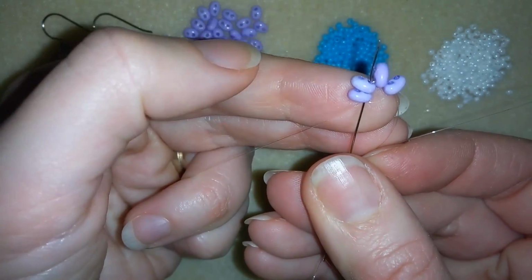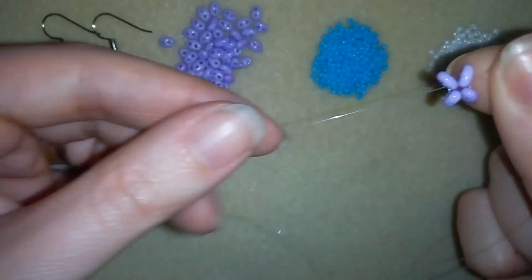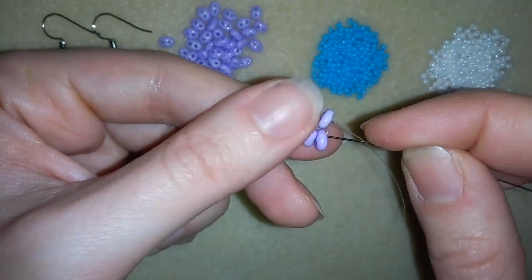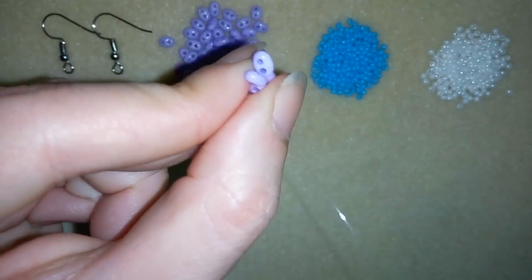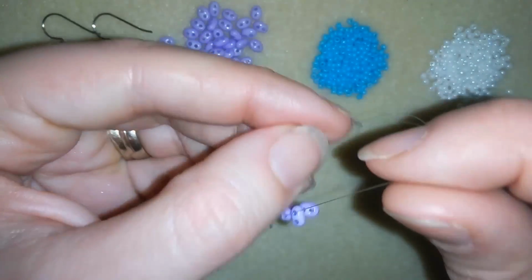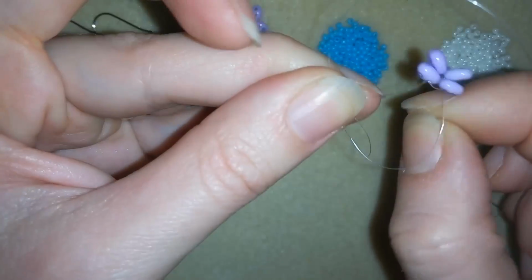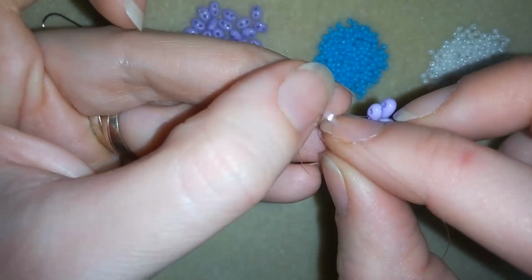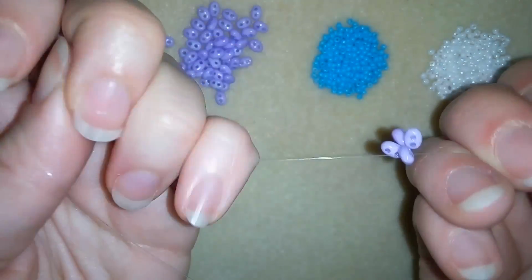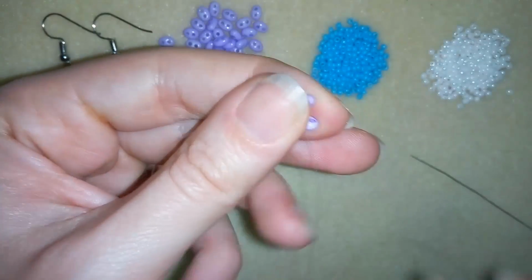Then, in order to make a circle, go a few beads after the tail thread, and here is the tail thread. And then my goal will be to exit where my tail thread is, and here what I want to do is make a knot. And I'm taking my tail thread and I'm going once, then going second time like that, and I'm pulling, and now this is what I have. I have a really secure knot,